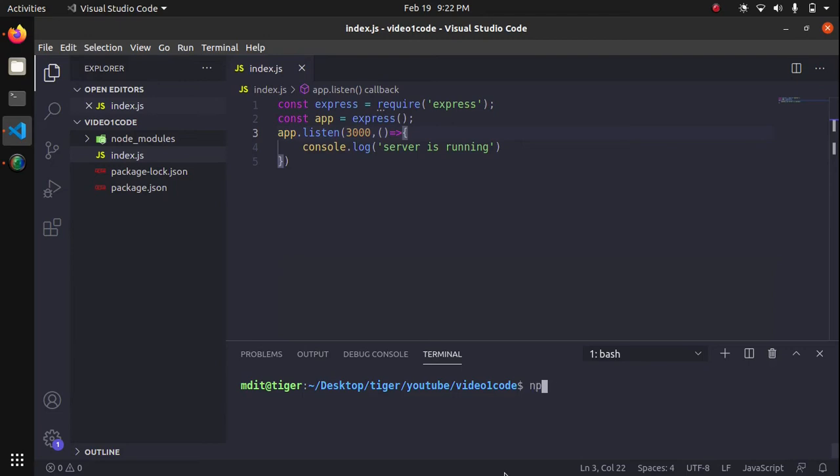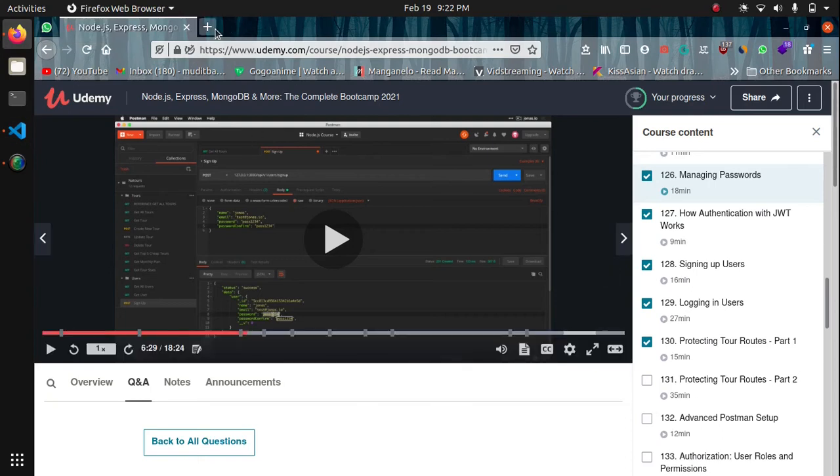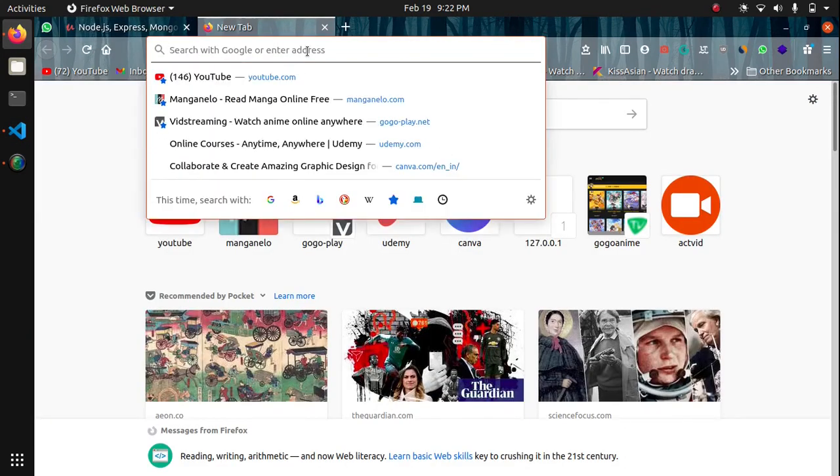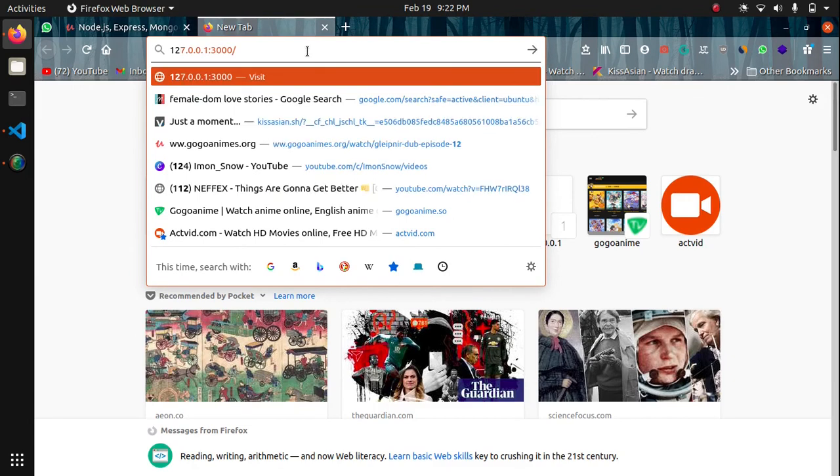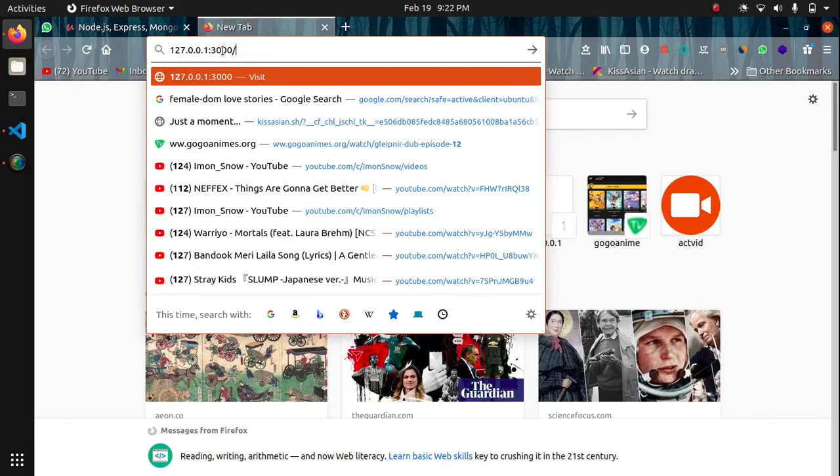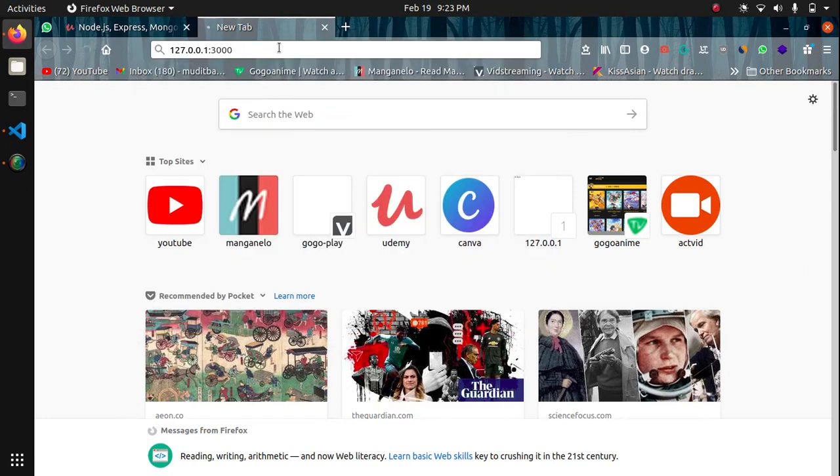We're gonna type node, and I'm going to say index. Our file name is index.js, so I'm going to say this and hit enter. As you can see, our server is running now. So this means that our server is now running. So let's go to our browser and go to our port, which is going to be localhost colon 3000. Going to hit enter,